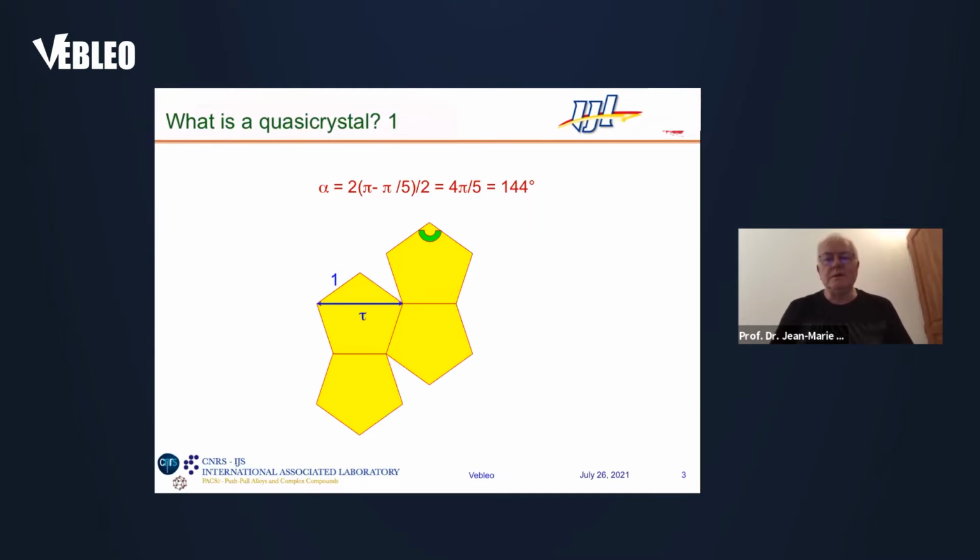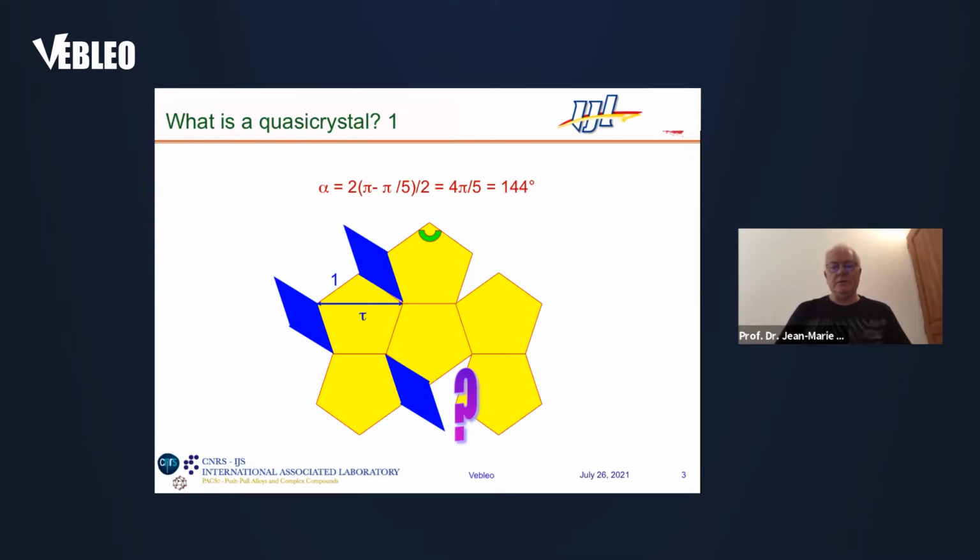So everyone knows that in crystallography, it is fairly easy to cover a two-dimensional plane with squares or rectangles, with triangles or hexagons, but not with regular pentagons. I mean, first, because you need two types of tiles, which brings you back to the rectangular tiling. And if you do this, you come to an impossibility, and this is a deep logical problem that was solved